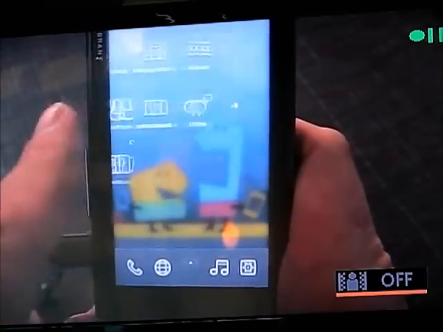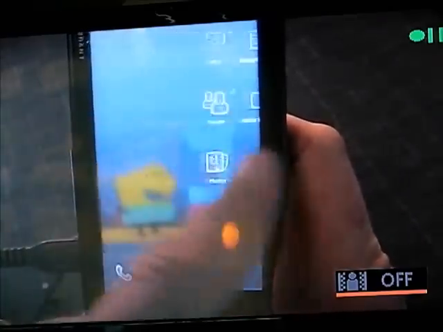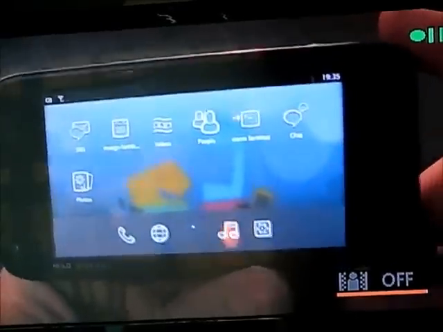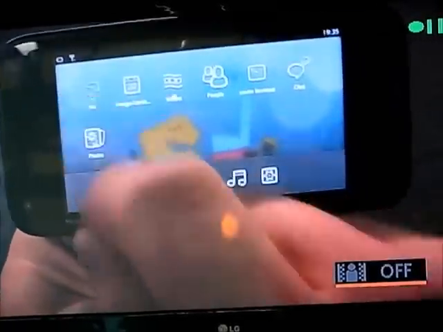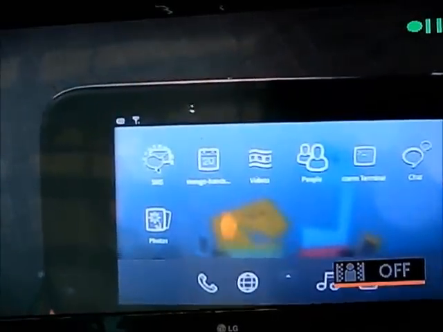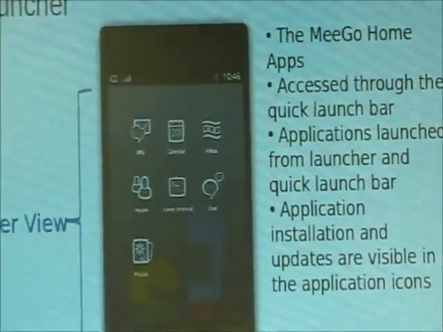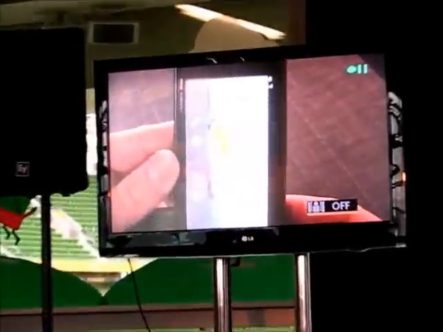So what we have here is it collects all the applications that you have installed on the device, and what it also supports is installation and update progress of applications. So we'll go through the freedesktop.org standard in a second, but what we've done in the launcher